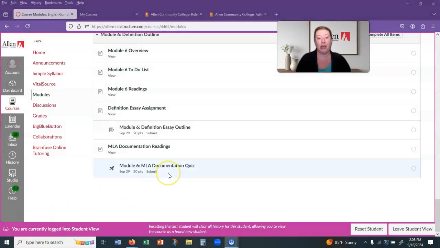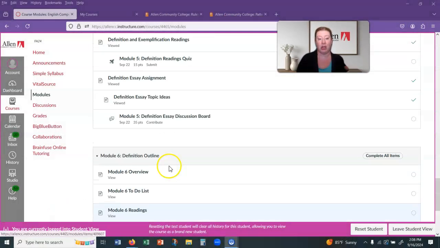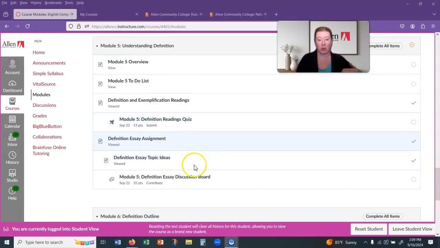Module 6 is the next module for the definition essay, and you will just continue what you worked on in the previous module. The definition essay will have 3 modules instead of just 2, so we're spending a little more time on this one than we did the narrative essay. In the previous module, you learned about definition, you took the quiz, and you also planned out